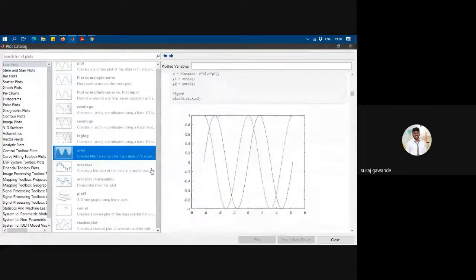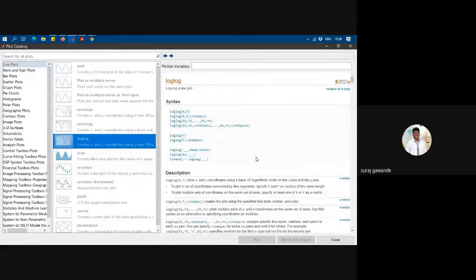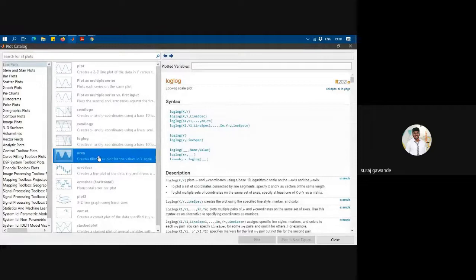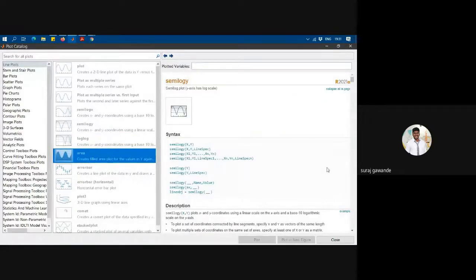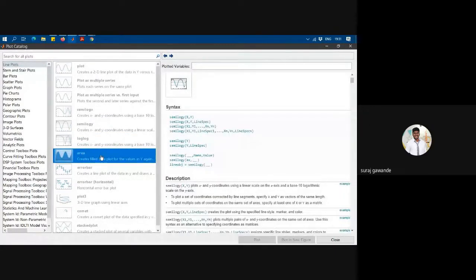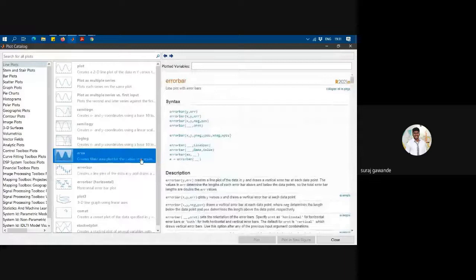Just give me a moment, why it is not changing. Yeah, a log, and when you click on the area, so it is taking time to select area plot. I am not sure why,